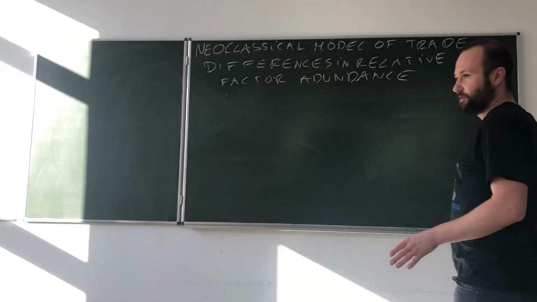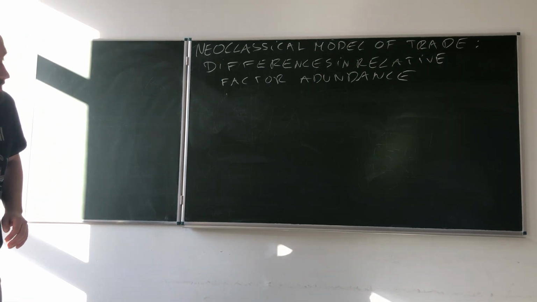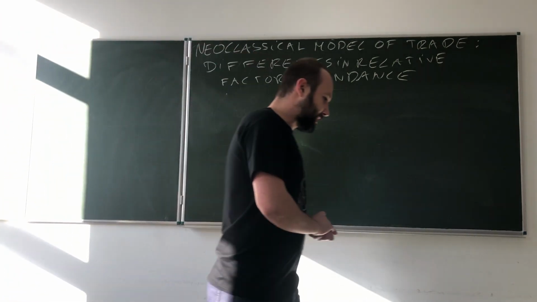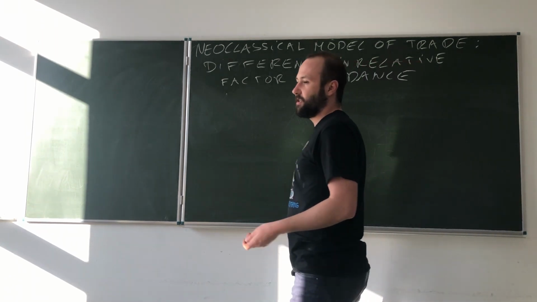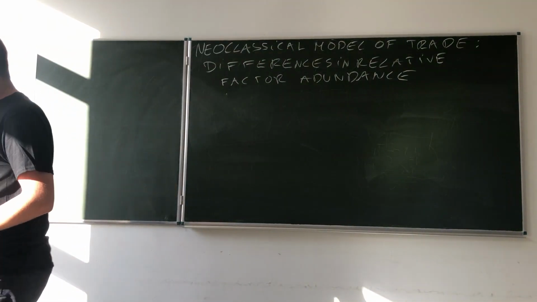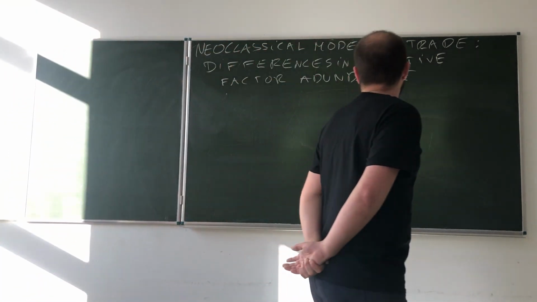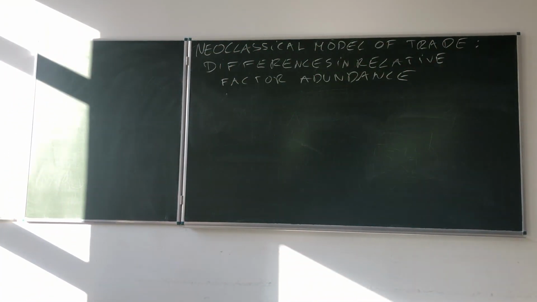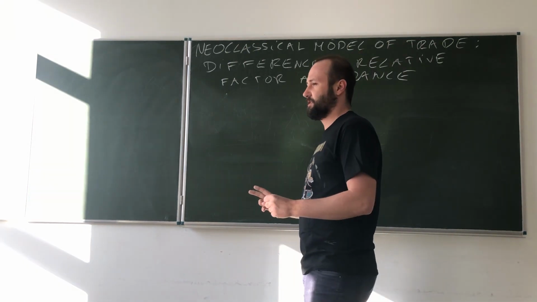Hi. The next model we are going to explain in this class is the neoclassical model of trade. This model stresses differences in relative factor abundance as a driving force of international trade. So, what we are going to do now is to build a very tiny economy, actually two economies, where we